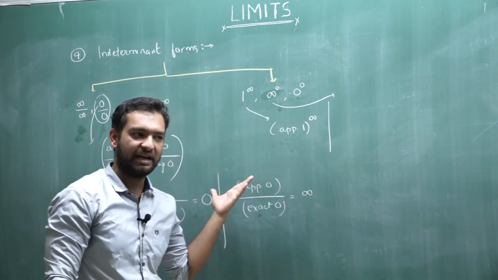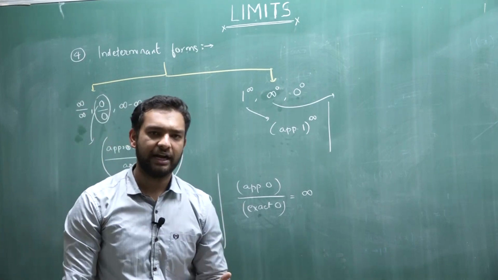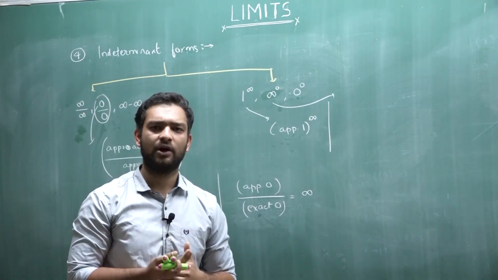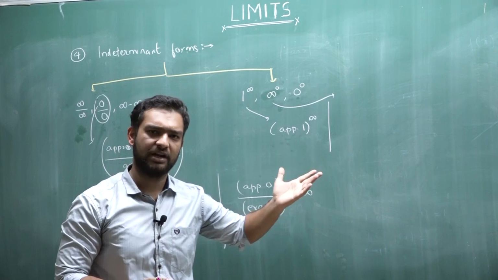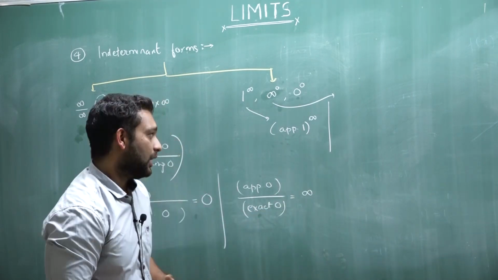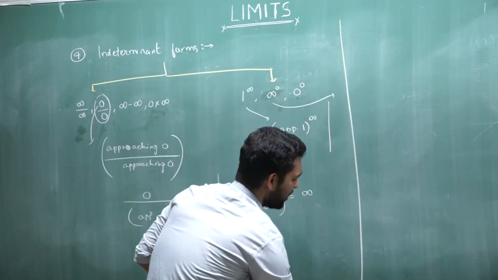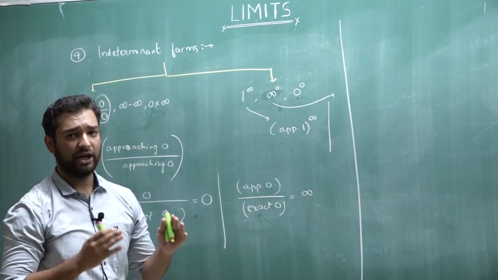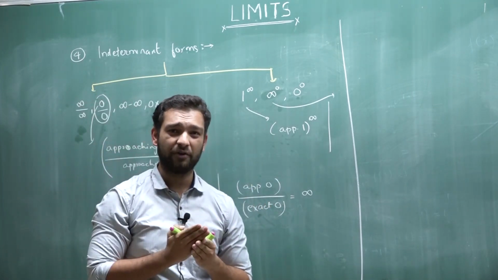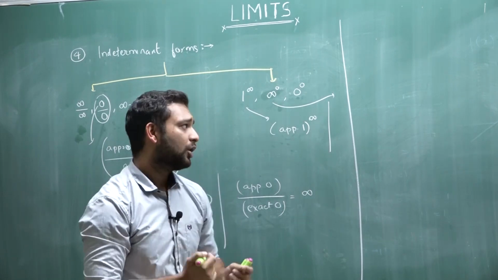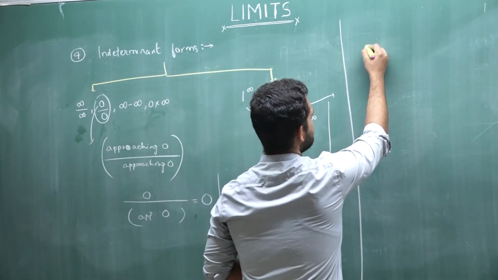So these are your 7 indeterminate forms. We'll study in detail, removing these forms, how we find limits whenever your function is given in these forms. Next, these were your indeterminate forms. Many of the students get confused between indeterminate forms and determinate forms, so I'll write down some of the forms.